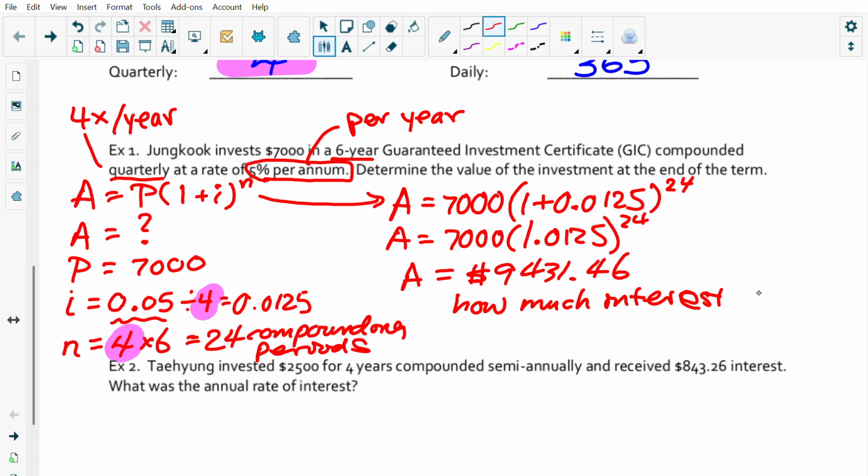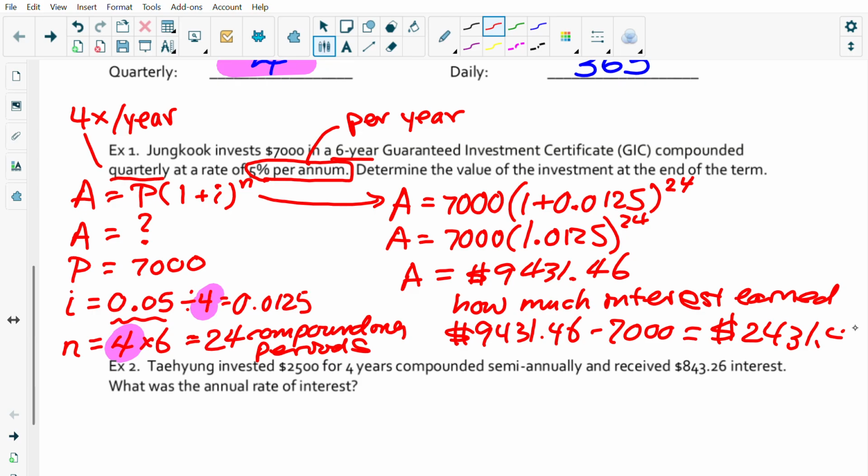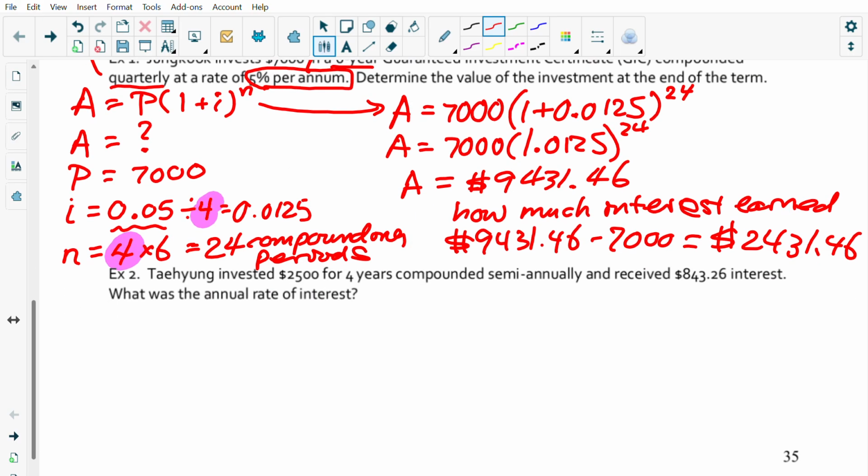Okay, let's ask this question: how much interest did Jungkook earn? 9,431.46 minus the original investment, 7,000. So the interest earned is $2,431.46. Next problem. This time, Taehyung invested $2,500 for 4 years compounded semi-annually and received